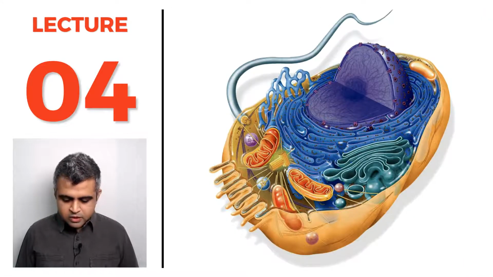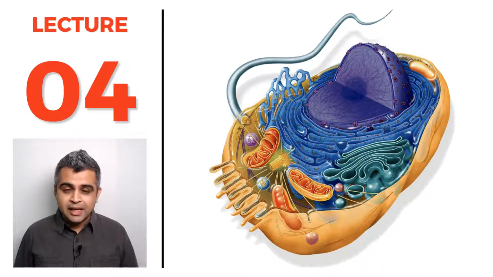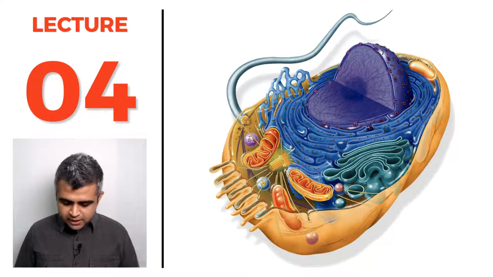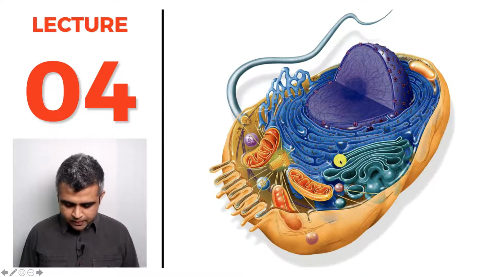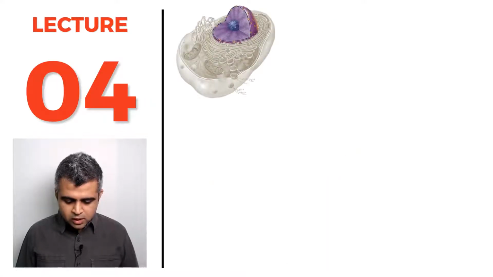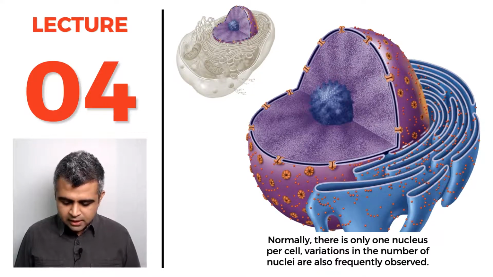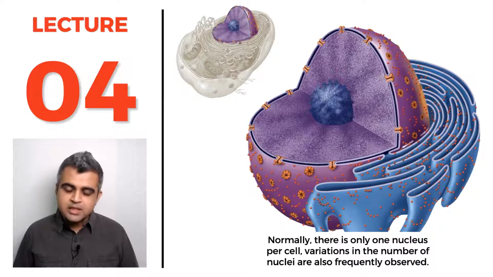Moving on, we saw that this cell is an animal cell, and the reason we are calling it an animal cell is because it clearly has no cell wall, as you can see. That was the main clue telling you that this was an animal cell. We can also see that the animal cell has a nucleus and a lot of cell organelles present in the cytoplasm. If I take the animal cell and highlight just the nucleus and magnify it, this is how it appears. Here you can clearly see that there is one single nucleus in this cell,